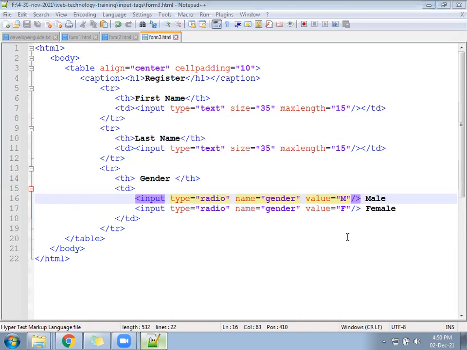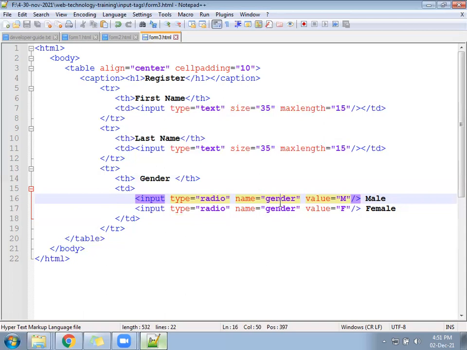Next, the name we have given here is gender. So the name for this radio button is gender, and for both there is a common name. See, suppose you have a queue. Inside the queue, 10 people are standing. Two persons' name is Ramesh. So if someone calls Ramesh, who will go? Both will go. Then the person who has called will say, no, I need only one Ramesh. Either you or you, both decide and come, anyone. So there what will happen? Name-wise uniqueness will happen.